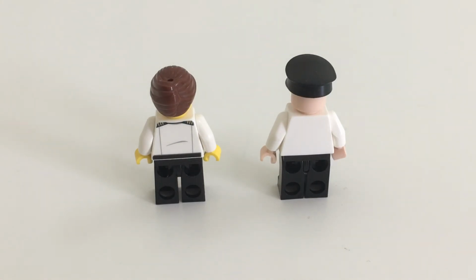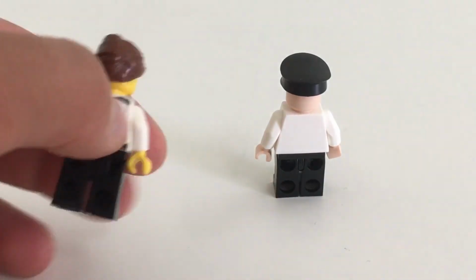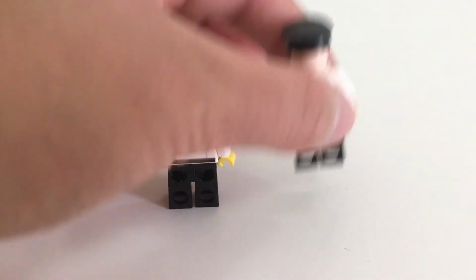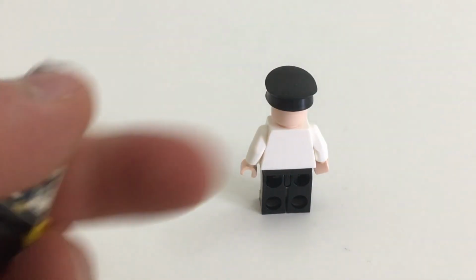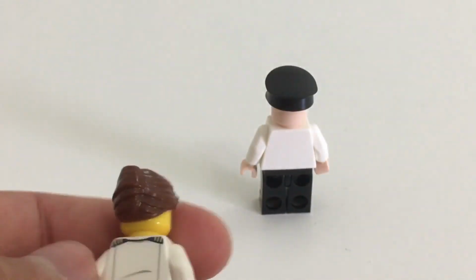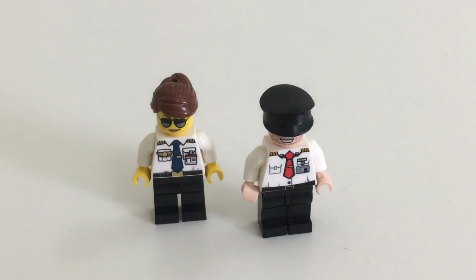So no printing on the back for the Gudi one, and overall, this feels heavier than this one. I know there's a slight difference, but this feels like it has some sort of bricks or lining or plastic inside, but this just feels hollow. And overall, as we can see with the torso and the little legs here, this just feels of higher quality. It's not really much of a comparison here because it's quite hard to show you guys on camera. But if you guys were with me here in my studio, you could definitely see a difference between the Gudi